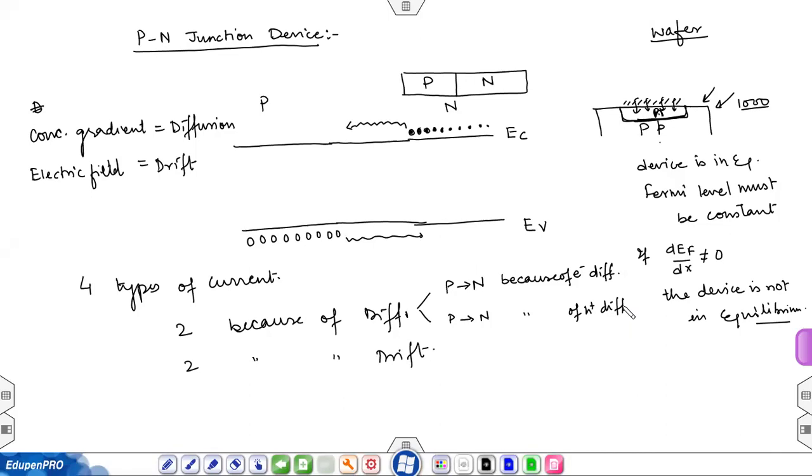Now, what happens? As soon as one electron goes from n to p, it leaves behind a donor ion. कौन सा donor ion? Which you have doped. जो phosphorus ion आपने मिलाया था, it was having 5 number of electrons. 4 का तो covalent bond बना हुआ था. 4 were bonded with the covalent bond. The extra electron was loosely bound, and this extra electron now went into the p-type material.